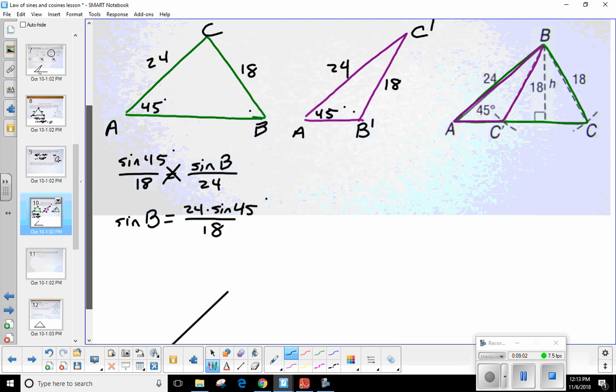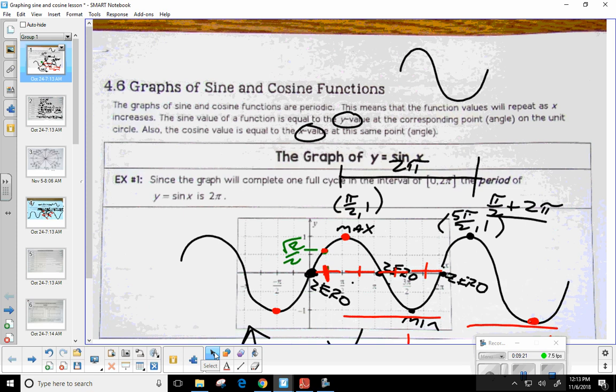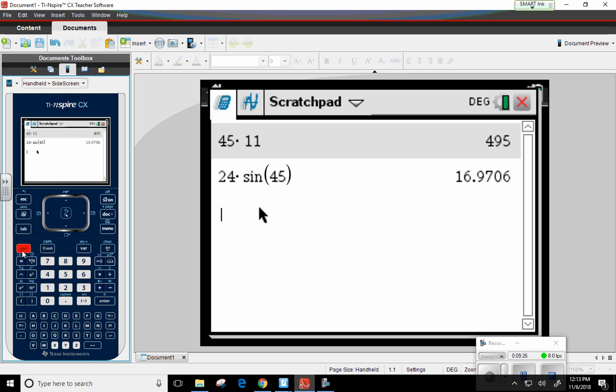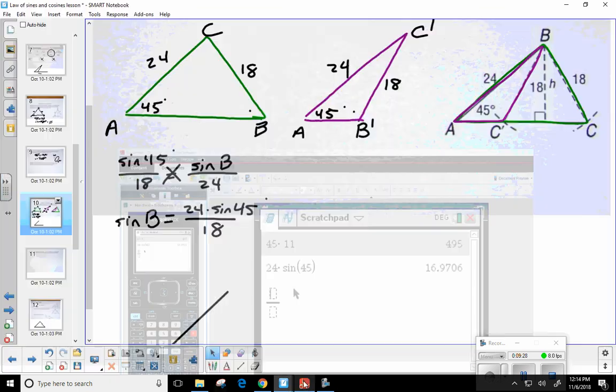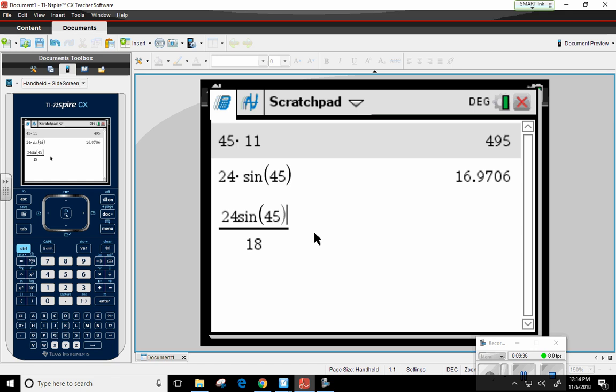Now, if we're looking for an angle measure, will I take the inverse? Yes. If you need an angle measure, you'll need to take the inverse. What if I'm looking for a side length? No inverse. Okay. So let's figure out what this is. 24 sine of 45 divided by 18. Oop, and I can already tell it's not going to let me, so I'm going to... Nope, you're not getting to that yet, so that is something else. There we go. So control divide. And I totally forgot about what those numbers were going to be. 24 sine of 45, divided by 18. Okay. So when I push enter,